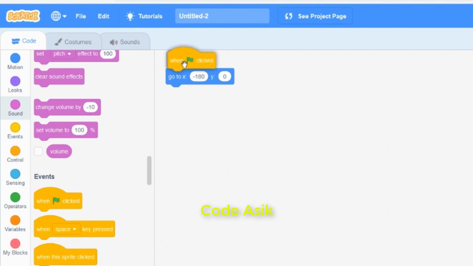Then, click the Motion tab and choose this: go to X and Y. This command allows the object, in this case the cat, to go to the exact position in the X and Y coordinate. You can directly change the value.